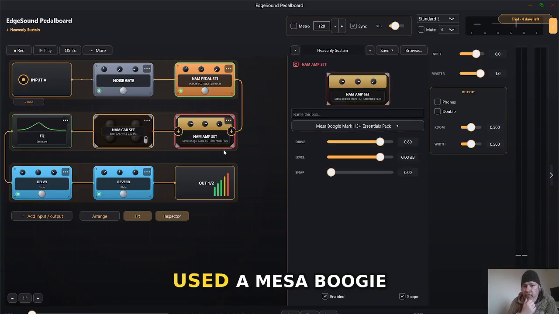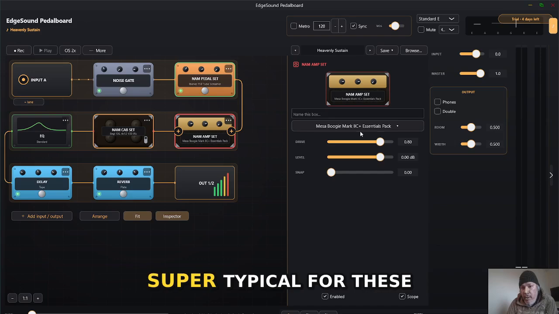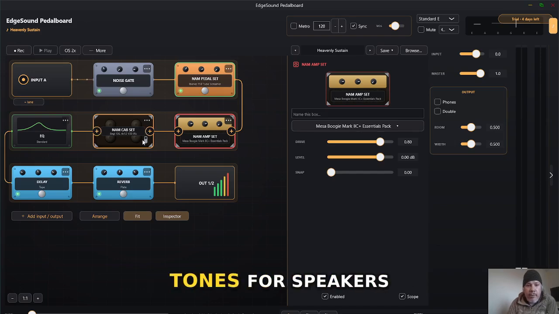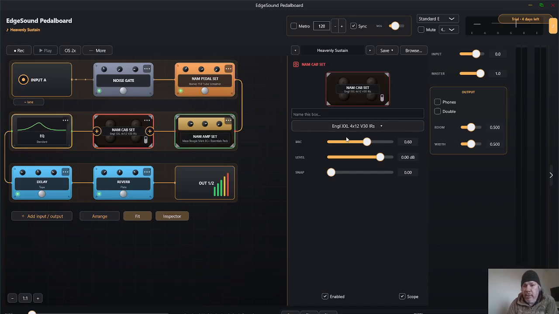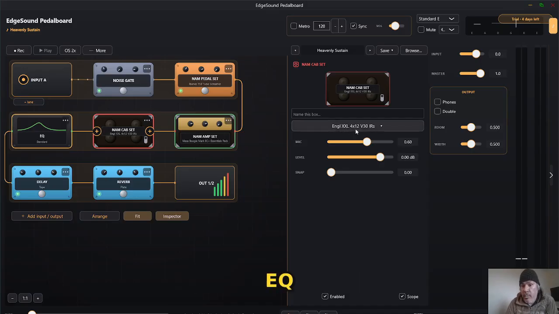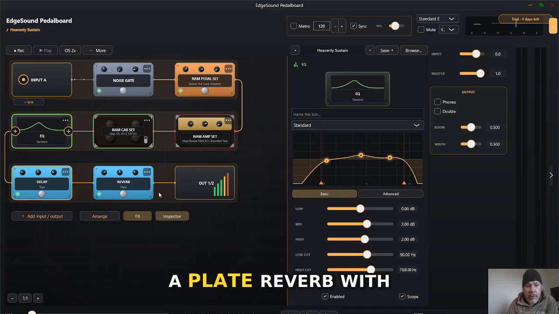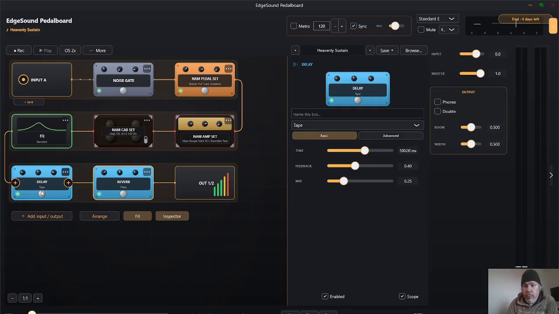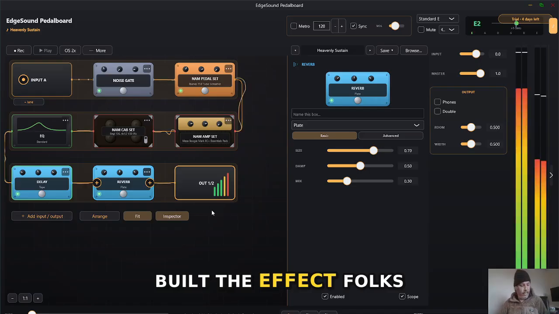For the preamp, it used a Mesa Boogie, super typical for these tones. For speakers, the cab, it used an England 4x12, the EQ, a tape delay, and a plate reverb. With that, just like that, it built the effect.